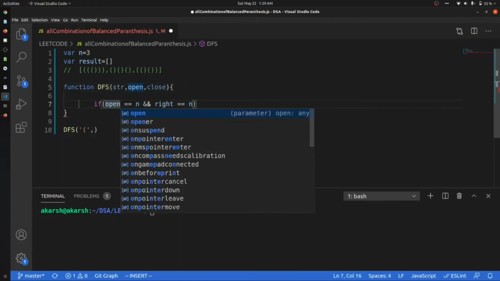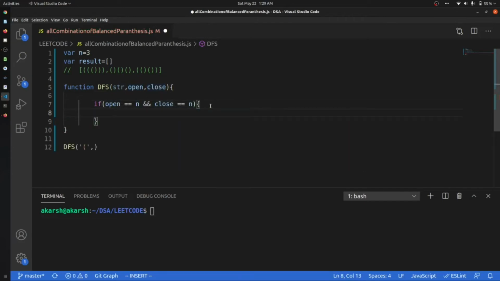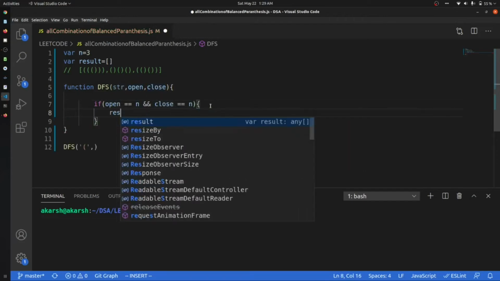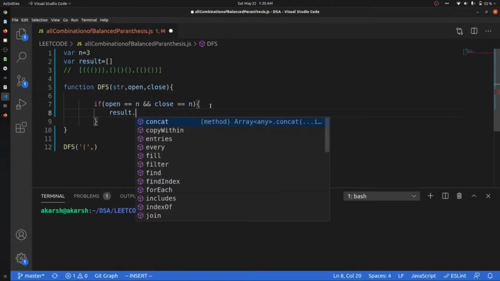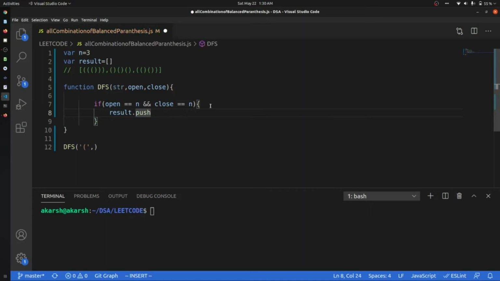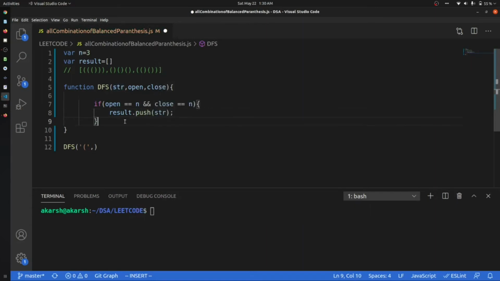So we are just going to check that if the number of opening braces and the number of closing braces are the same, then we push our str, the current str that we are at.